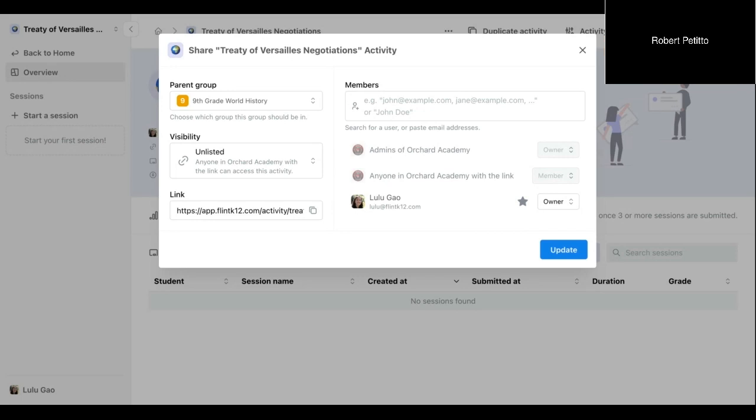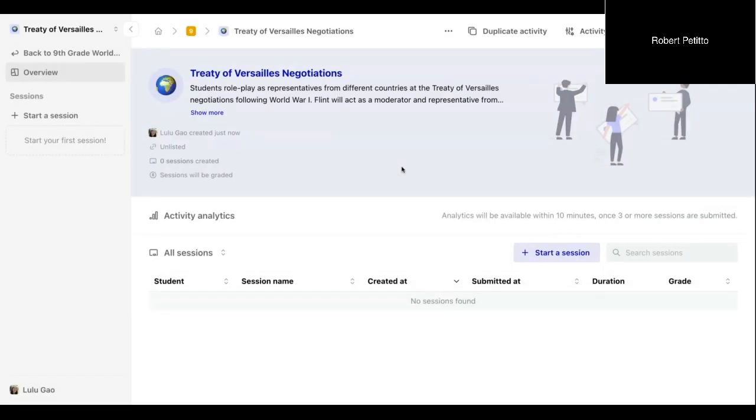One thing that would definitely work for sure. One thing that one of our teachers is doing here, which is kind of innovative, is at the end of the Flint activity, we ask the Flint activity builder to generate a summary document with this kind of outline, this kind of breakdown. And it does it really, really well. So the kids will complete the activity, and then before they hit submit activity, or even after they submit, it'll actually generate a document with the breakdown that we're looking for. And that document, it can be,